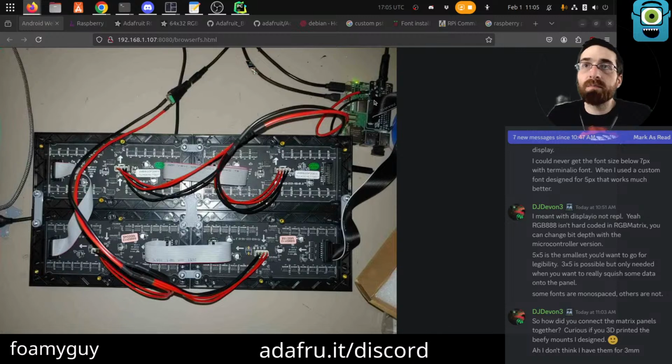So when it's face up, the one that the Pi feeds into is the top right corner. It goes from there to the top left corner, then it jumps down to the bottom left corner, then it goes across to the bottom right corner. And then there's separate power for each of the rows currently. These two are on one power, these two are on one power.